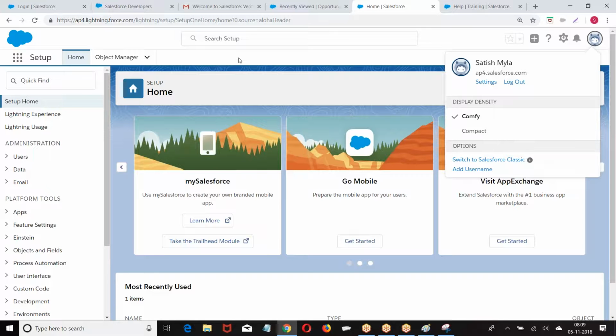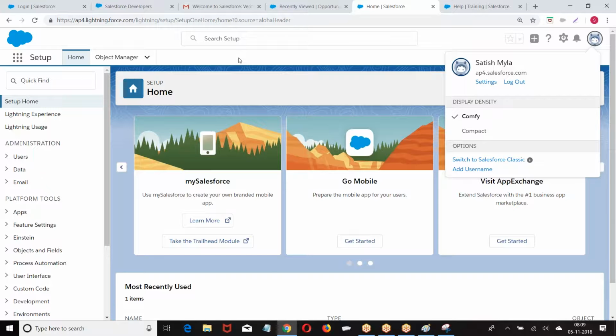I hope you are good with this format. So this is the basic structure of the Salesforce screen, the Lightning screen and the Classic screen. Right? In Lightning, a rich UI will be there. The good look and feel will be there on Lightning. The old version is Classic. The new version is Lightning.